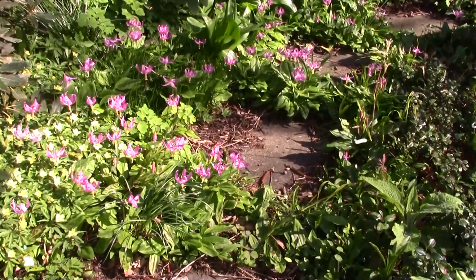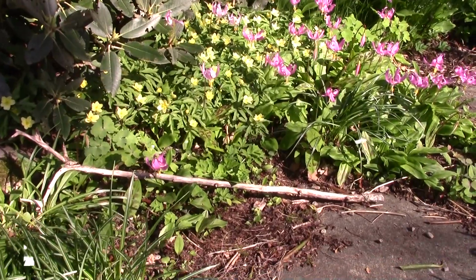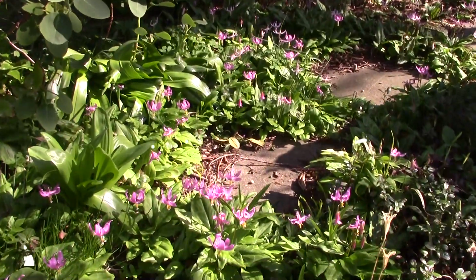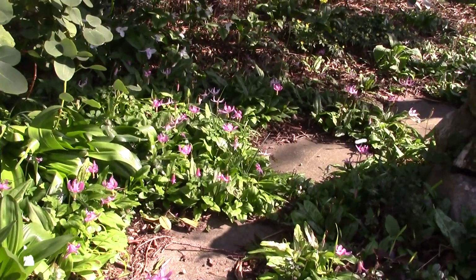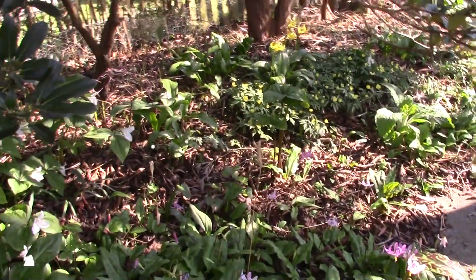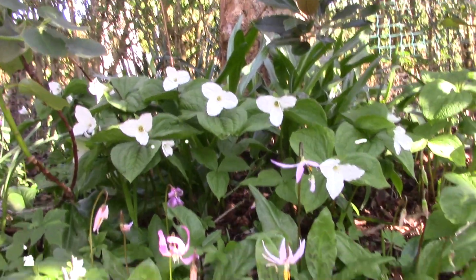Around here we can see the problem with the paths. Here's the anemone pallida growing nicely down there. And the erythroniums just all around the paving slabs, which used to be, the paving slabs were surrounded by a gravel area until the plants discovered that was a great place to grow. Trillium grandiflorums,